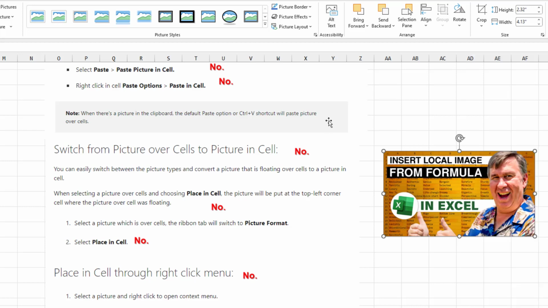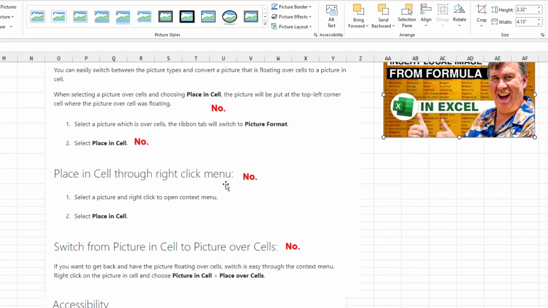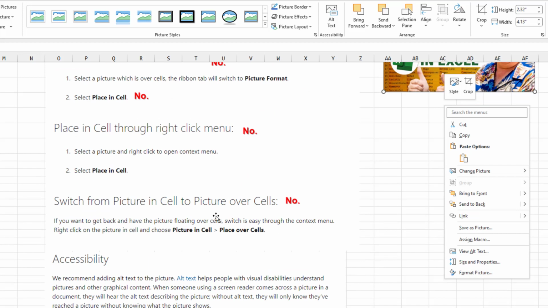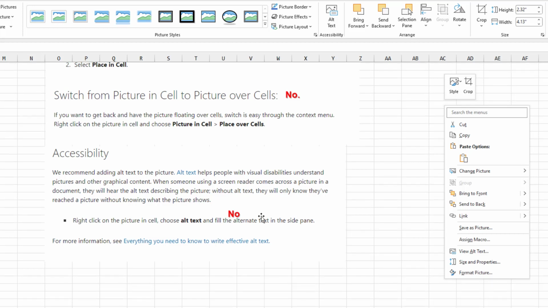But as soon as it's in the cell, that's not working. Place in cell through the right-click menu: select a picture, and right-click to open the context menu. Select Place in Cell. Yep, that's not working yet. Switch from picture in cell to picture over cells. That's not working. And then under accessibility, they say that I could right-click a picture in the cell, choose alt text, and fill in the alt text in the side pane, and that's not working.